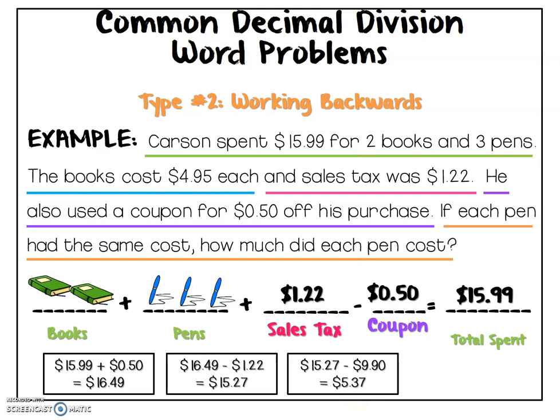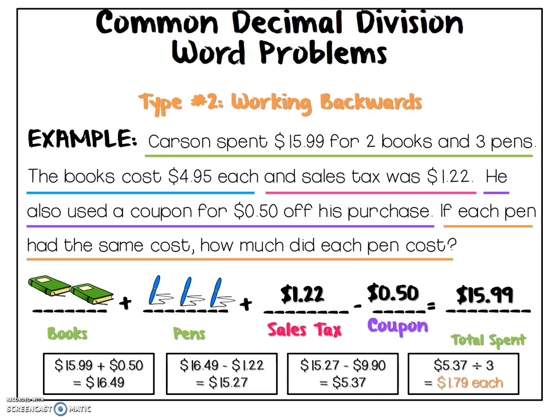We're almost there. Looking back at the story problem, the question sentence wants to know if each pen had the same cost, how much was each pen? Right now, $5.37 is the cost for 3. So the last step is when I take that $5.37 and divide it by 3, which tells me that each pen would have cost